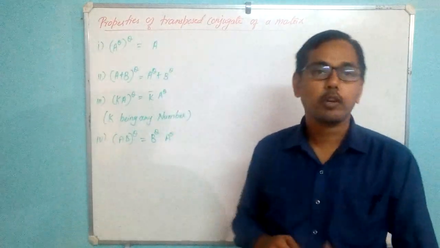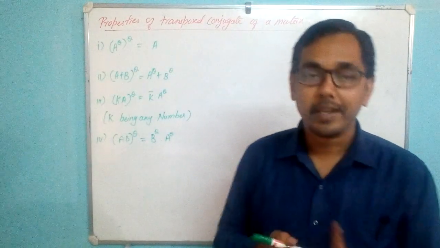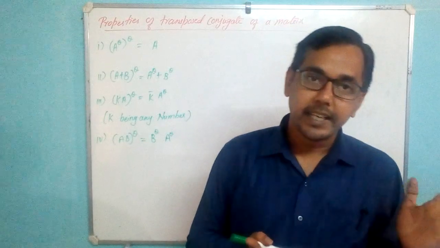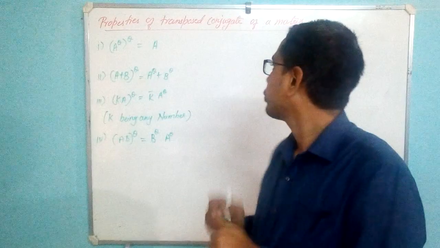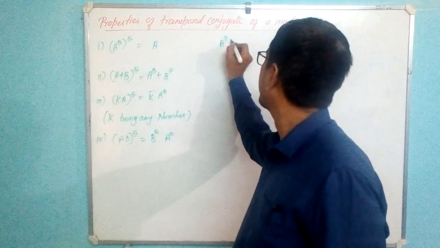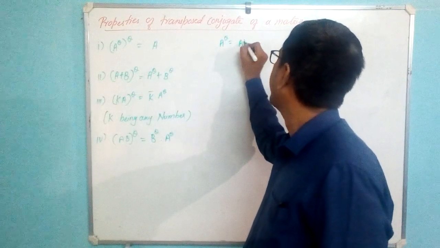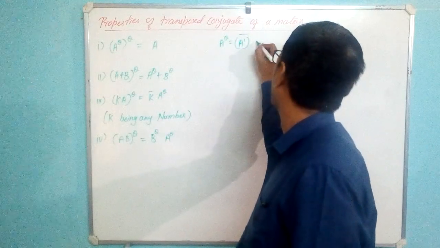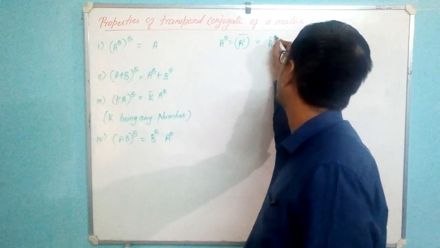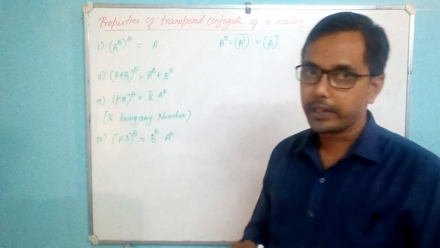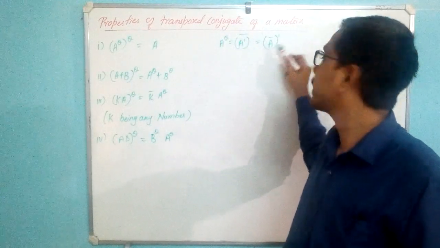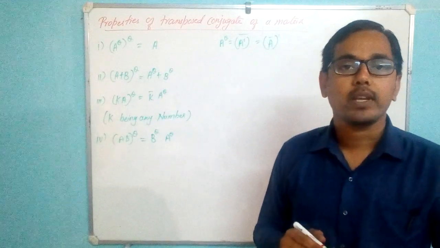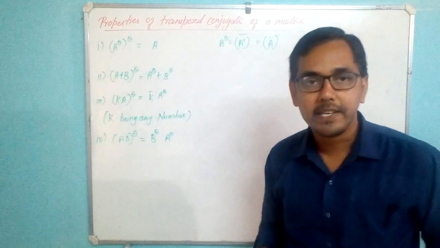So to verify this, what you need to do is, whenever A is given, you first calculate its A to the power theta. What is the method? First take transpose of that, right? So do remember, A to the power theta is nothing but A transpose whole conjugate, or A conjugate whole transpose. Anything you can do. Either first take transpose, then take its conjugate, or first take conjugate, then take its transpose. One and the same. It is not going to make any difference.